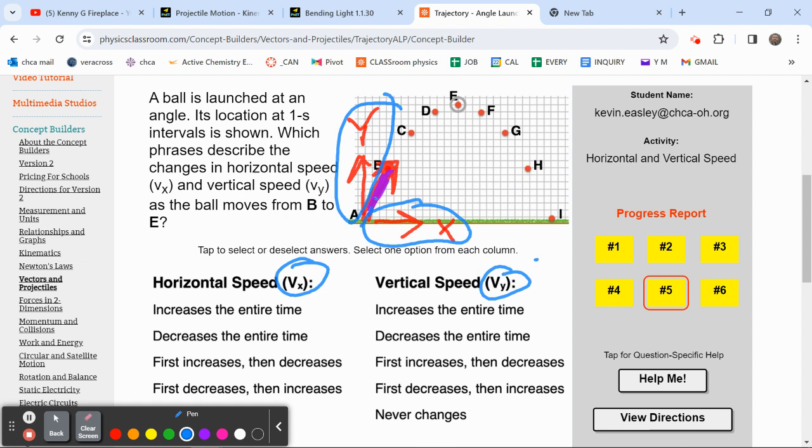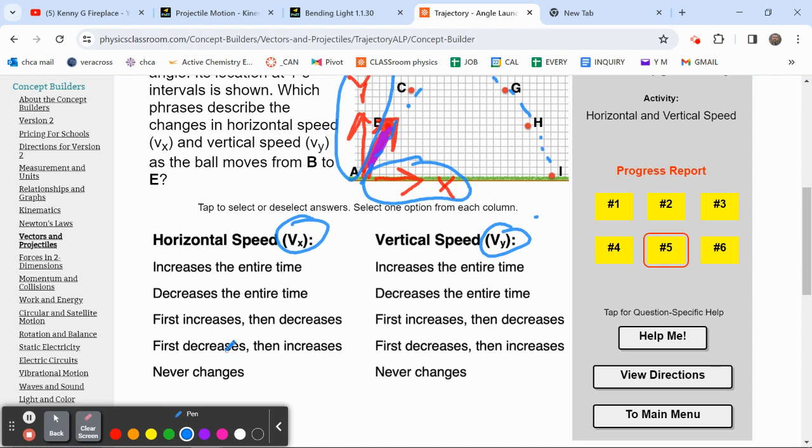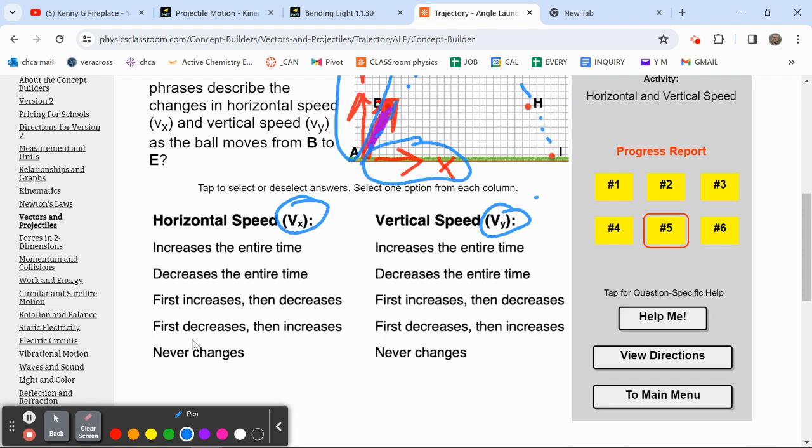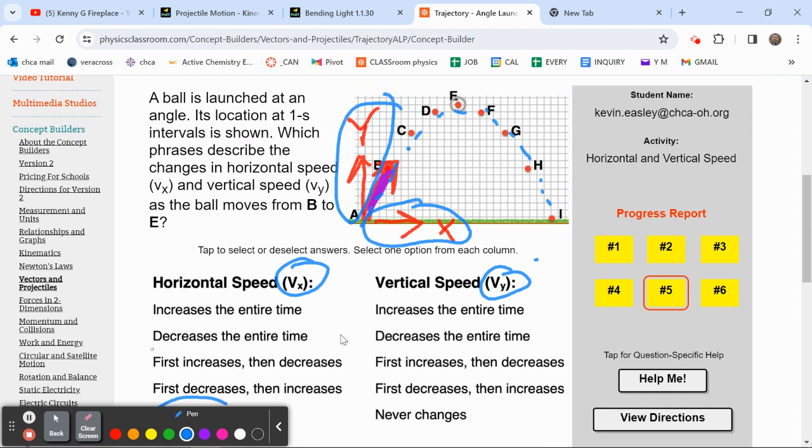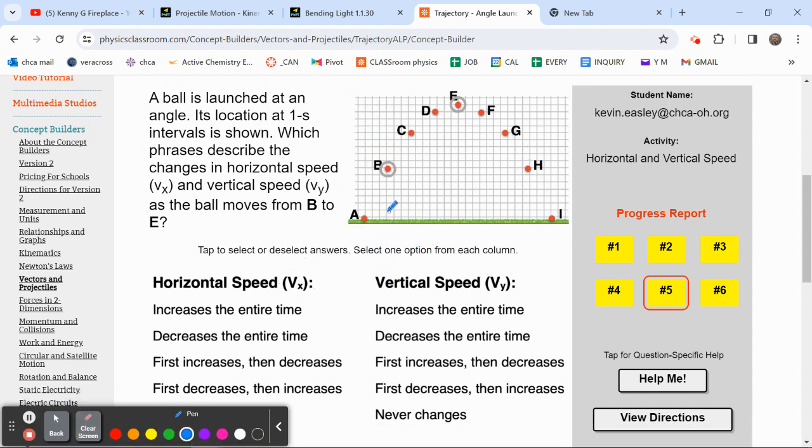Once that projectile leaves and starts flying through the air, it's important to realize, and this never ever changes, horizontal speed doesn't change. And on the vertical, in this scenario, going from A, let me clear the screen here, going from B as it travels up to D,